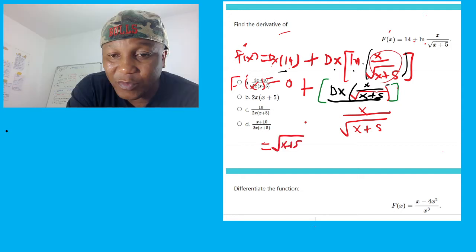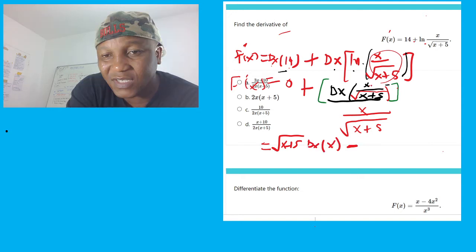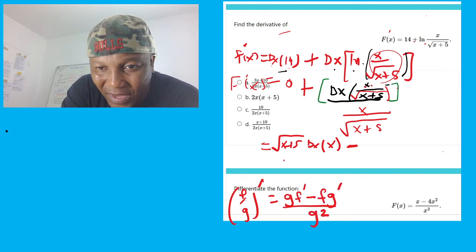The numerator must stay constant, then we derivate the top one. The top is just x, and then we say minus, because in this form, just in case you don't know, if you have f over g and they say derivate the function, you write the denominator constant, and then you differentiate the numerator. Then minus, now the numerator is going to be constant, differentiate the denominator, and you square the denominator. That's what I'm doing. See? I say denominator constant, which is this one right here, and then derivate the numerator, and then we minus. Now the numerator is going to be constant,